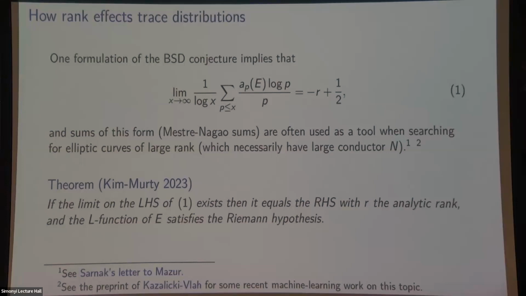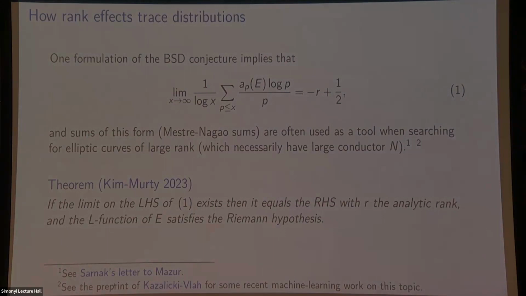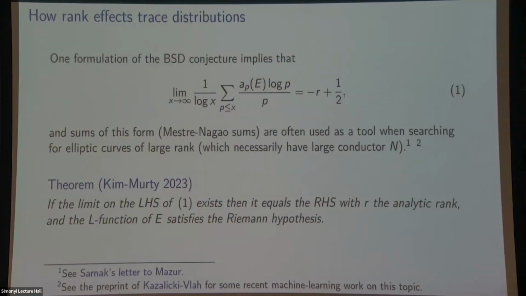And I just mentioned this sum. I wanted to maybe advertise this theorem, which in some sense tells you this is going to be a very hard thing to prove. What this theorem tells you is, well, a comforting thing, which is that if the limit on the left-hand side exists, it is equal to the value on the right. On the other hand, it also tells you that if you can prove this, you can also prove that the L-function of E satisfies the Riemann hypothesis, which is not something you're likely to do anytime soon.